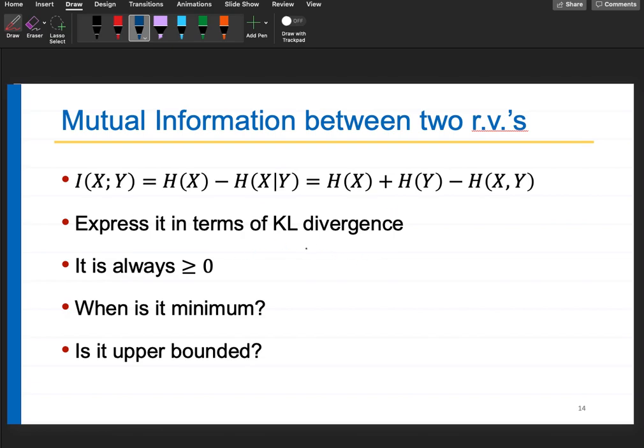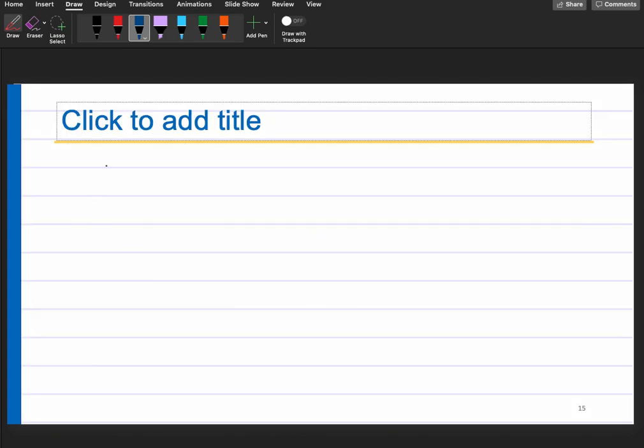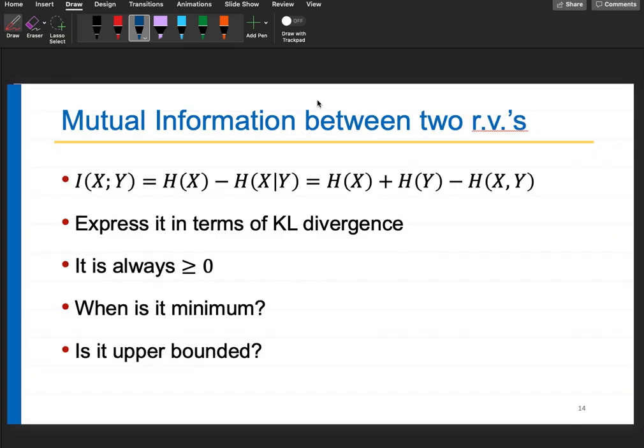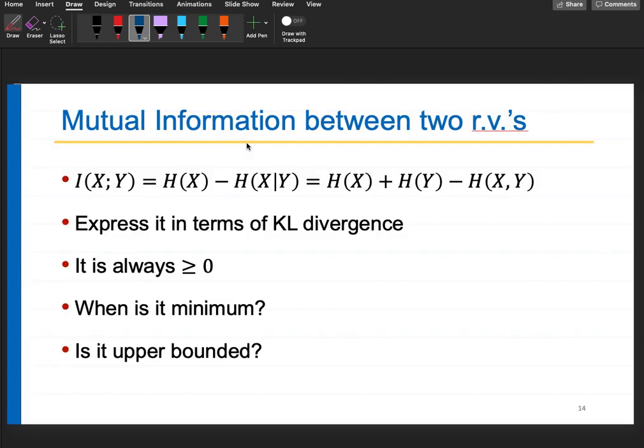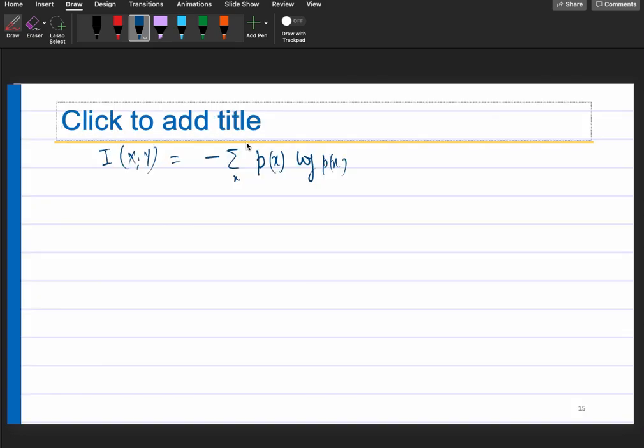Let me write down the expression in terms of KL divergence. So my mutual information I(x, y) is equal to, let's say, summation, what is it? H of x minus... What was it? H of x, p(x) log p(x), the negative sign, and then minus H of x given y. Okay. Plus